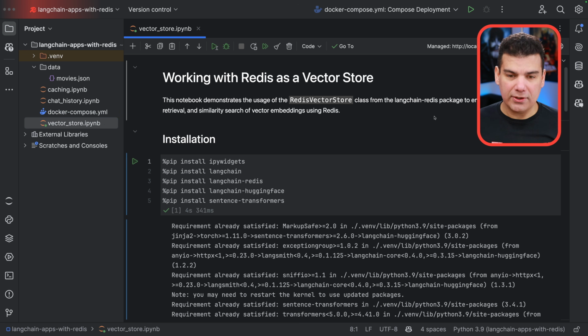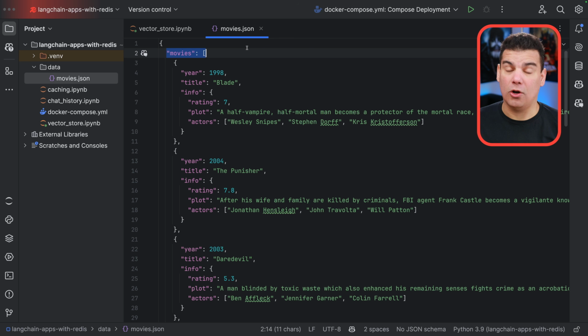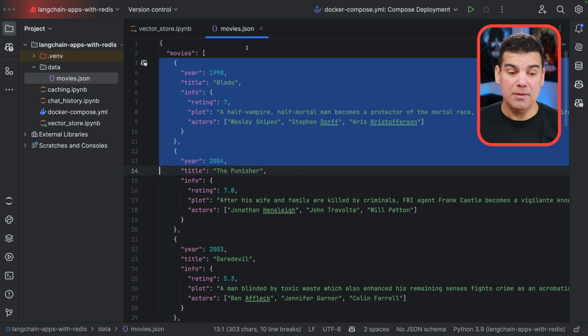So in this example, like I mentioned before, we're going to load a movie dataset. This file is in the project as well. Under this data folder, you can see this file called movies.json. This file has a JSON document, which has an array called movies. And within this array, you're going to find 10 movies